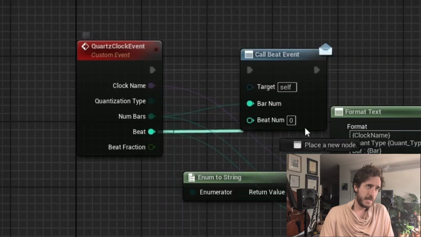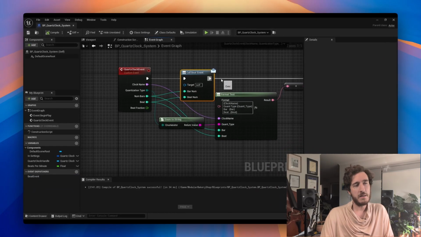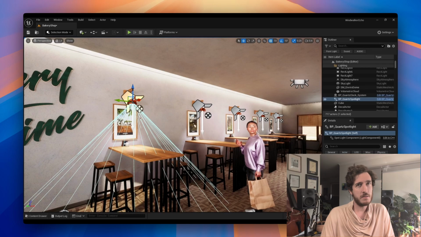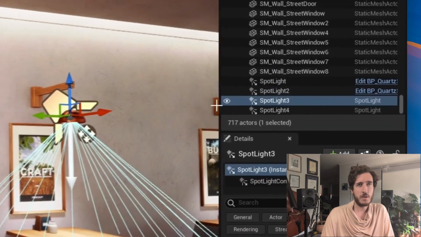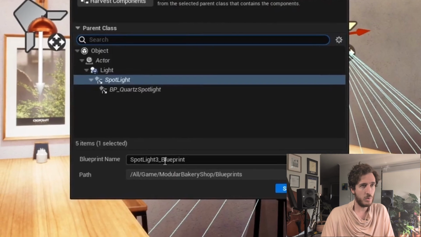With this, we connect up our bars and beats and we hit compile, and this call beat event will have a little packet of information that anybody can listen to, including you, porcelain lady. I have these pretty little lights. You can click one of these spotlights. I'm going to click this little blueprint button that makes a Quartz